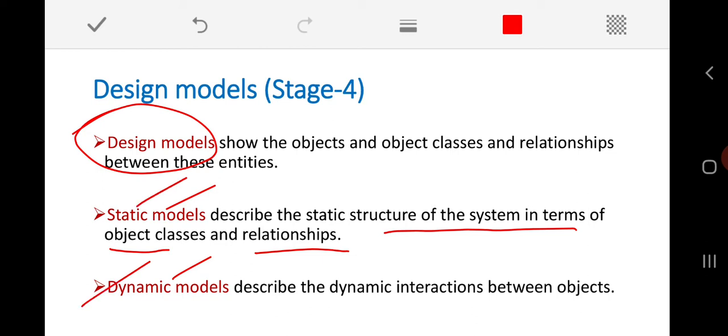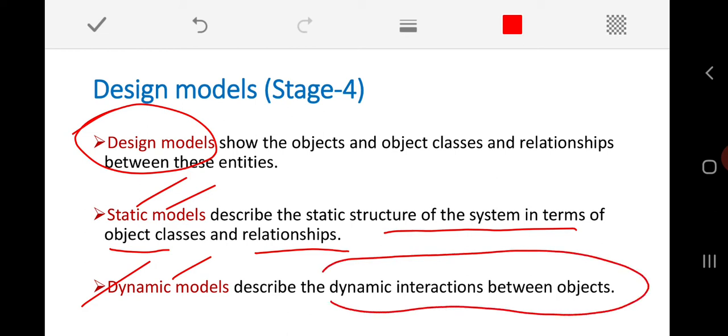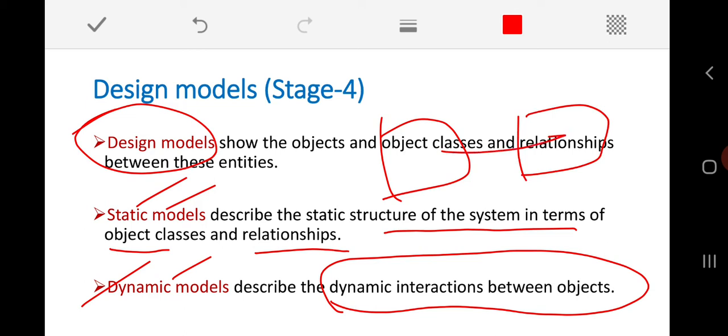But the dynamic model, as the name itself indicates, describes the dynamic interaction between the objects. Here, what exactly is happening between one object class and another object will be exhibited.